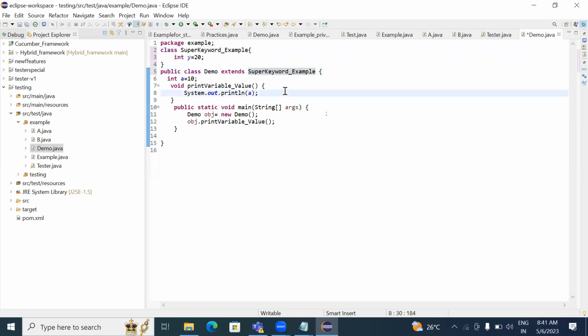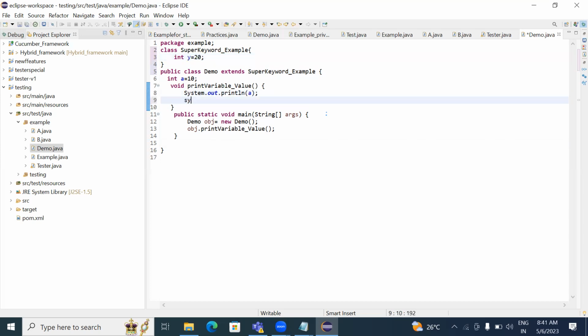Once I extend, this variable also comes under the demo class, because inheritance is creating a class from an already existing class. We can also say that acquiring the parent class properties into the child class is called inheritance. So here I want to access this y variable, which is an instance variable. At that time, we will do System.out.println and directly print y,